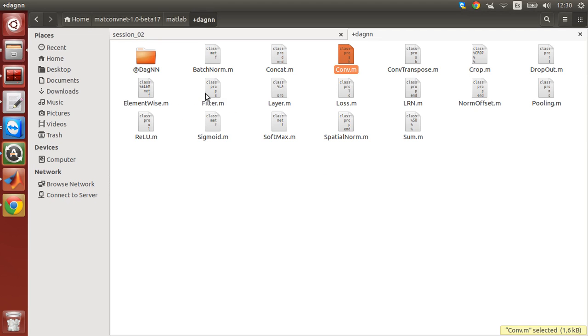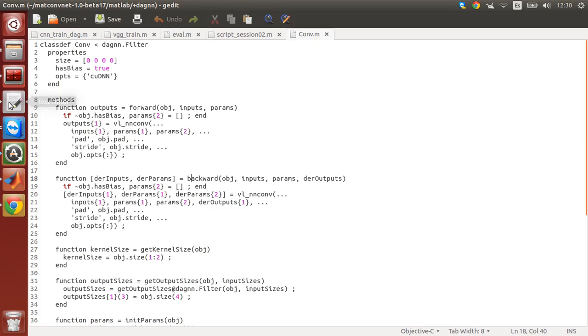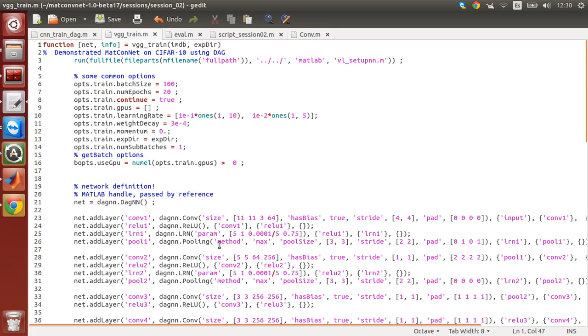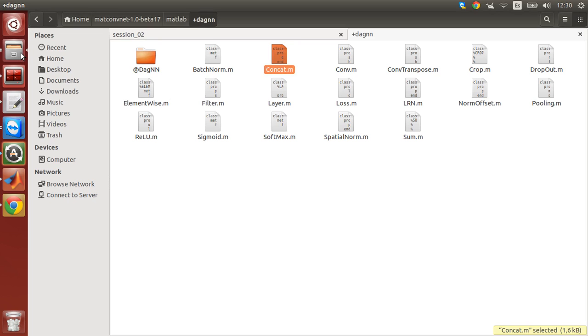The same is true for the different layers: concat, batch normalization, spatial normalization, and so on. This is the way we define the different layers here as objects. When we do DAGNN.Conv, what we are doing is basically calling the initializer, the constructor of this class, to create a convolution object. Then we have the DAGNN object itself,